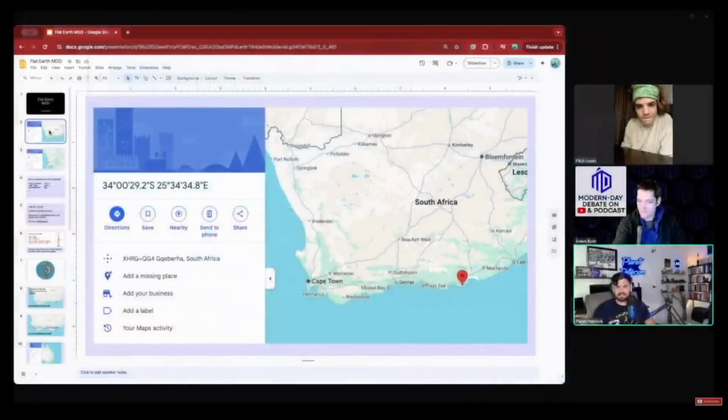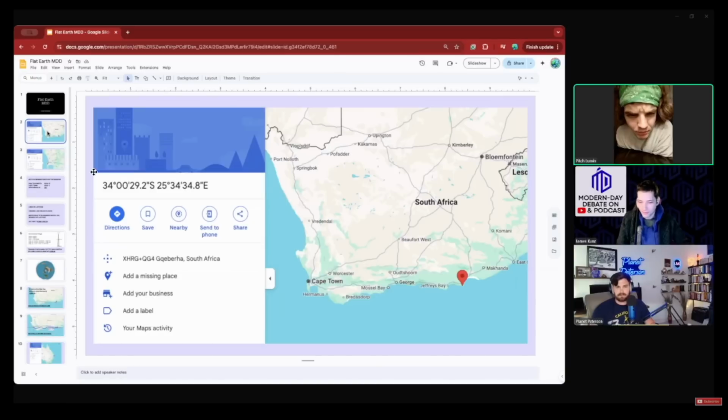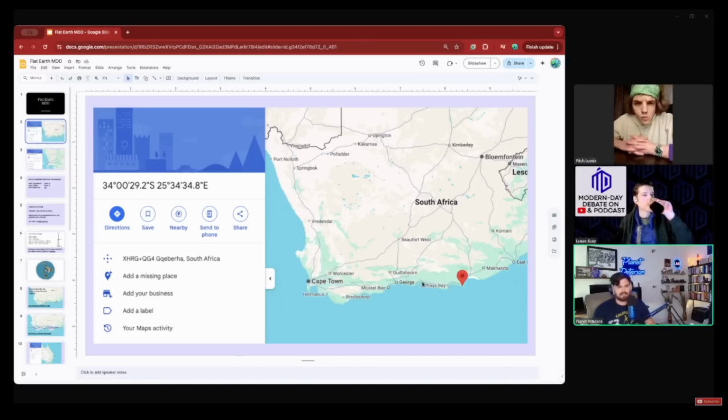So, Pitch, can you see this South Africa here? Yep. Okay, so we don't need to go to Antarctica. I think the southern hemisphere alone is just absolutely devastating for the flat Earth, and I'll try to walk you through it here. So, do you agree that, oh shoot, what's the name of this town? Port Elizabeth. It has a new name now, but I can't pronounce it. So these are the coordinates for Port Elizabeth. Do you have any problem with accepting this?